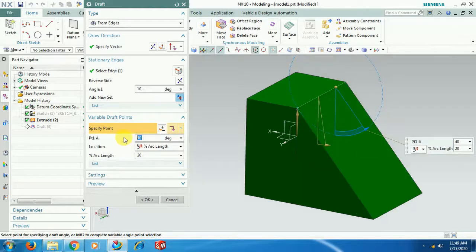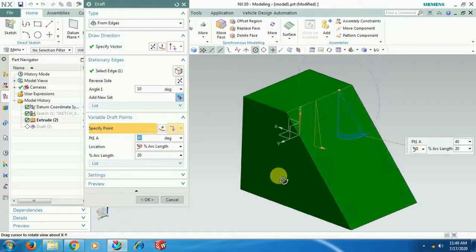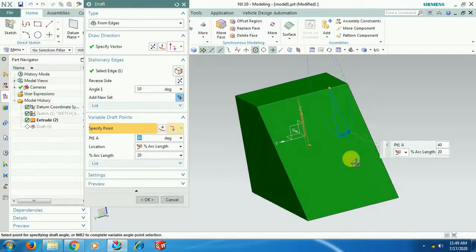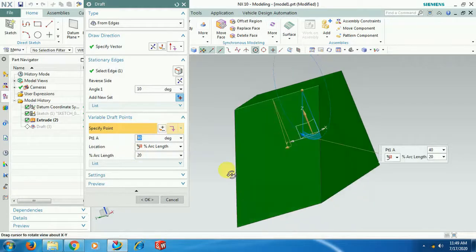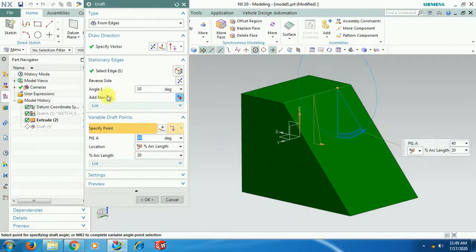At 20% the draft angle should be 40. I select another point. Now again I am selecting the point.